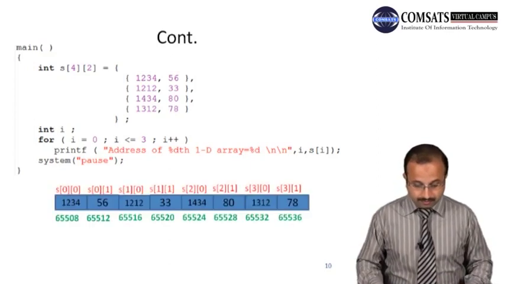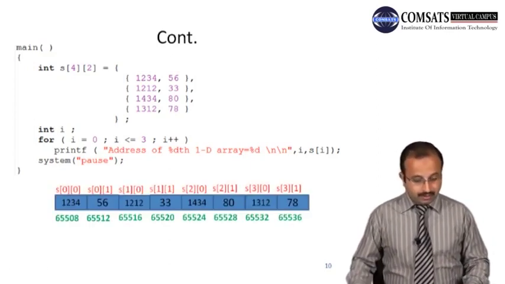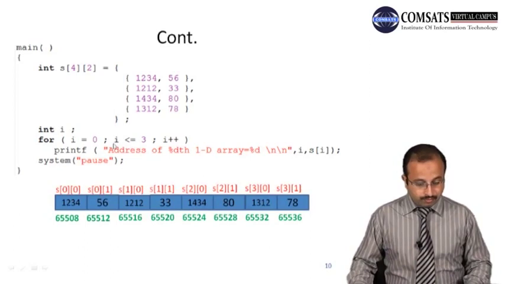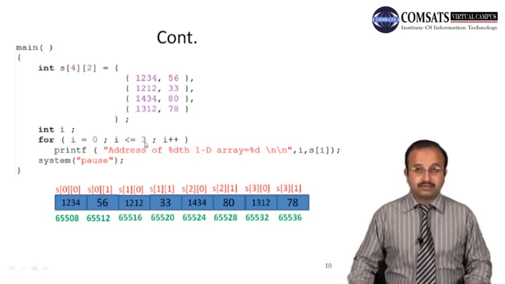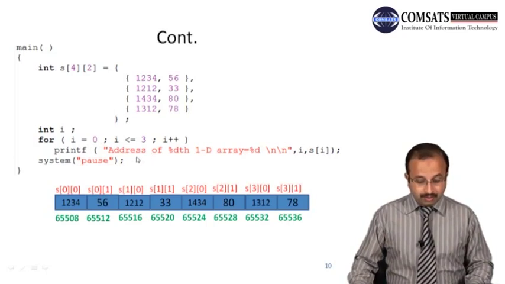So this is the memory map of the 1-dimensional arrays. You can see this is a for loop and there's only one printf statement in this for loop. The loop starts from 0 and goes to 3. That means this loop executes 4 times. Now the address of